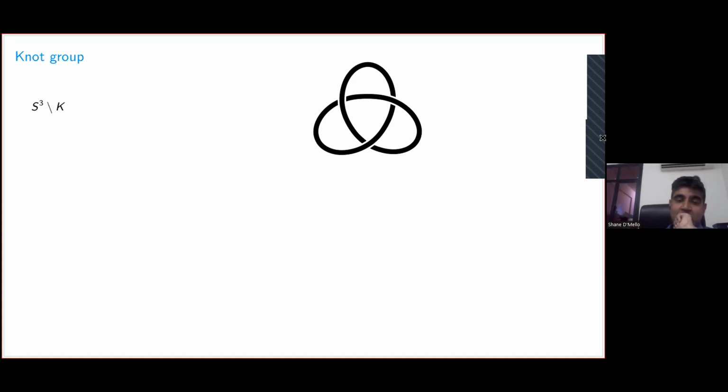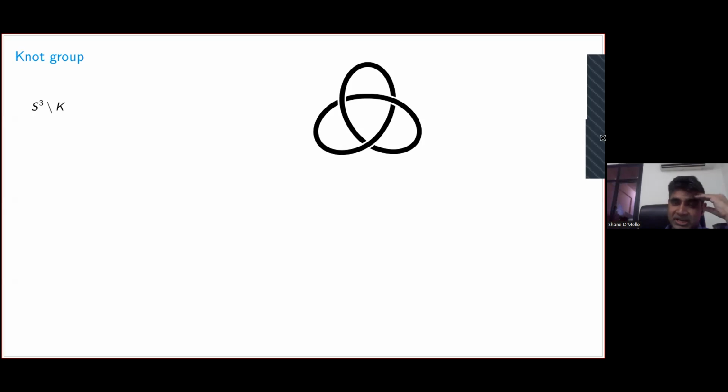So even knot equivalence, for instance, when you say two knots are equivalent, you don't just demand that the two knots be homeomorphic. Rather, you demand that the homeomorphism that takes one knot to the other is a homeomorphism that extends to the entire S3 to itself, to the entire ambient space to itself. So two knots are equivalent if and only if there's a homeomorphism from the 3-sphere to itself which maps the first knot to the other one.